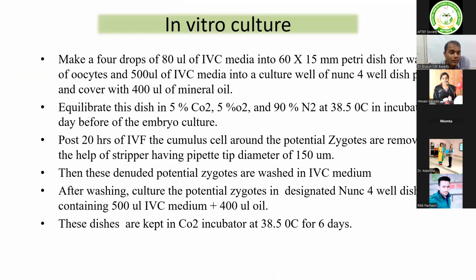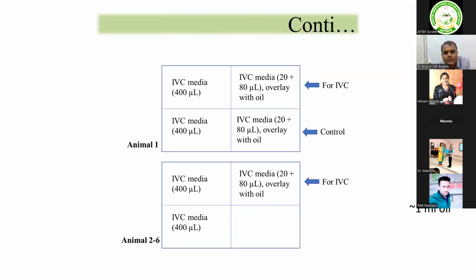You have to make the droplet either overnight or 2 hours before. Then whatever presumptive zygote you denude, wash it, then again wash into the culture media in the same prefixed incubator for 6 or 7 days. You'll get the results, sure. So this is the simplified way of